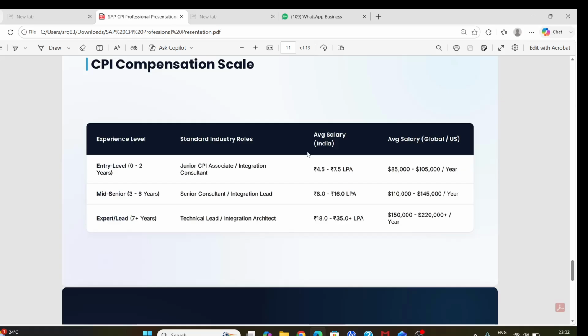With just 3 to 6 years of experience, the package roughly doubles to the 8 to 16 LPA range. If you reach lead or architect level, the sky is the limit, with senior professionals commanding 18 to 35 lakhs per annum. So it is a very high paying job.